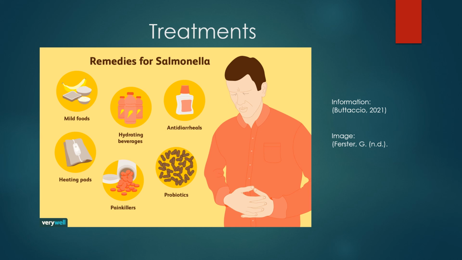While people usually recover from Salmonella within 4 to 7 days without medicine, the infection can persist. If that happens, then it's possible the patient has either a compromised immune system, or the infection entered the bloodstream. In that case, healthcare providers may prescribe antibiotics such as amoxicillin, cefotaxime, and ciprofloxacin. But antibiotic treatments have risks, such as an increased chance of a relapse and extending the time period of the bacteria living in the human body. This can be as serious as the infected patient also infecting others with Salmonella.